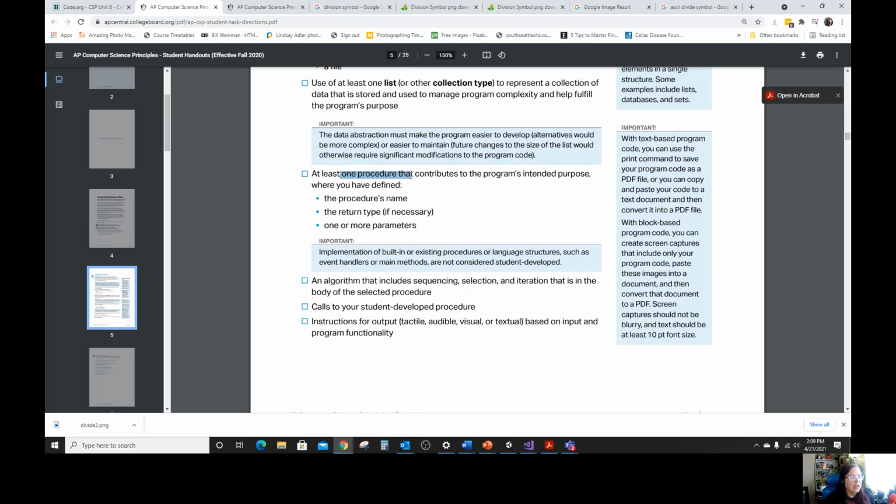So we're talking about a function, right? A procedure or function, that's what we're talking about. In our class, we're talking about a function as a procedure. So we have at least one procedure that contributes to the program's intended purpose. We have a procedure name, and we're using at least one parameter. The parameter is what is